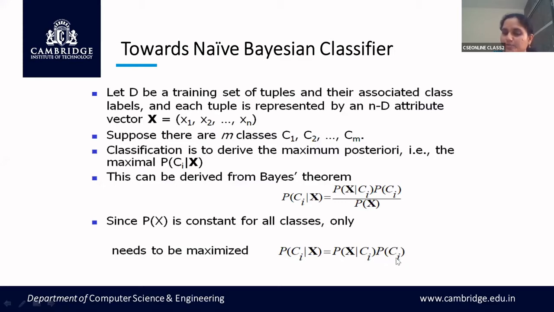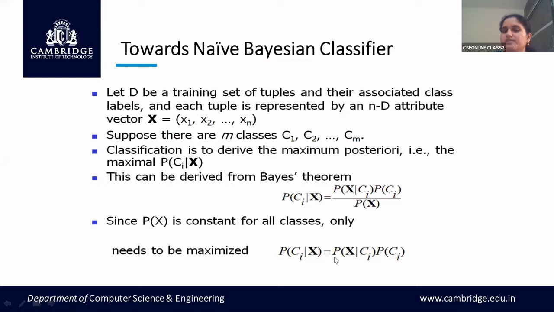So how are you getting this prior probability of class? This is got from your trained model. Because you have already trained a particular model, your prior probability with respect to the class labels is got from that model. And the maximum likelihood will tell you how many times that particular instance is repeated in your training set. So if you multiply these two, you will get the posterior probability of that particular instance.